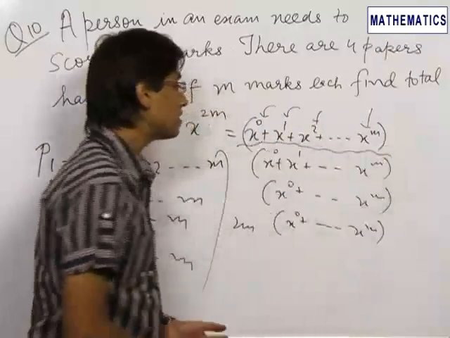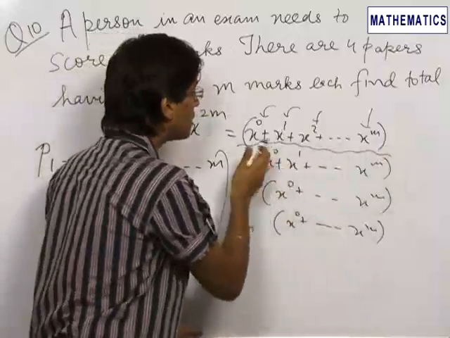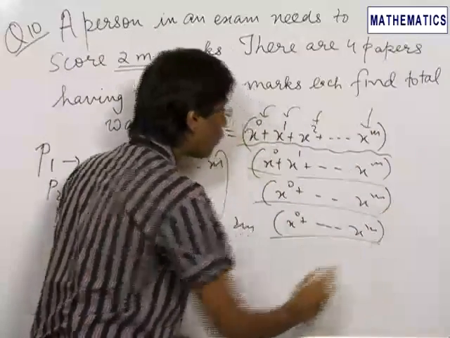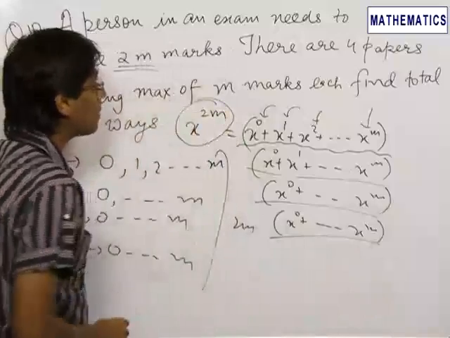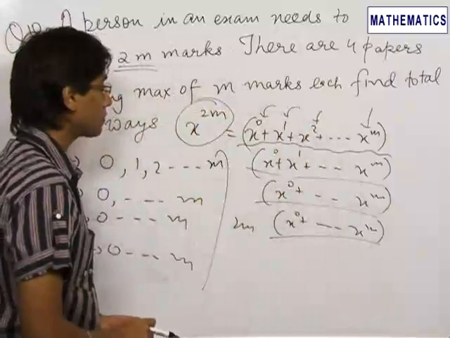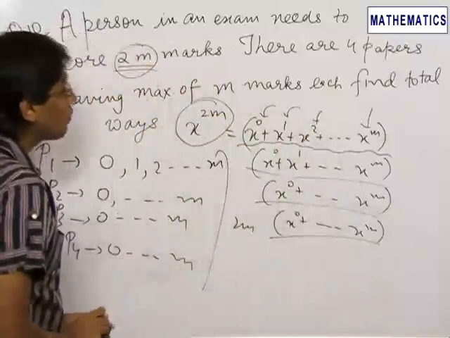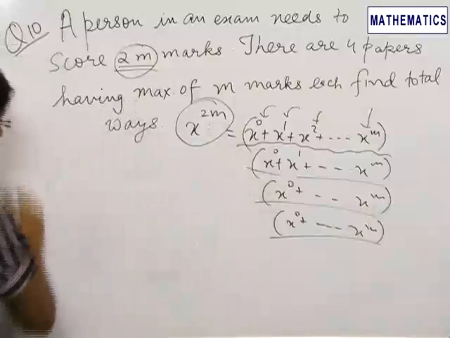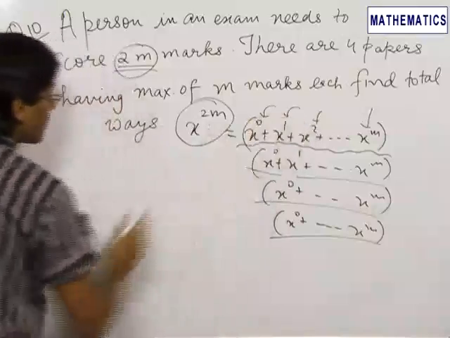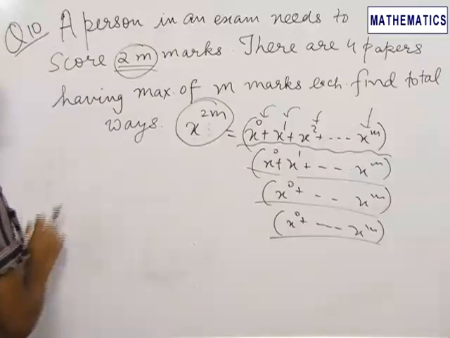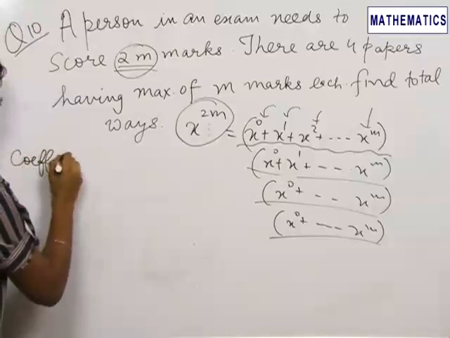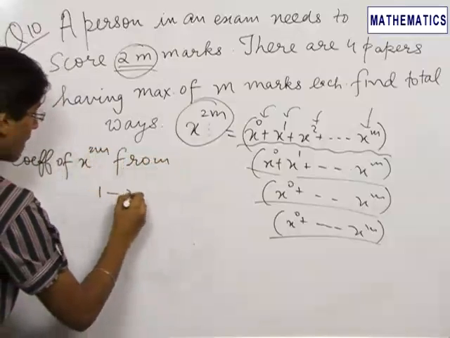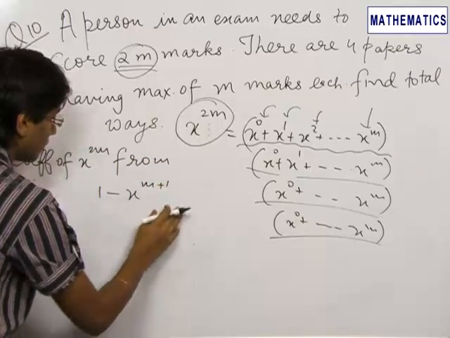There are m plus 1 cases, and hence we have written this in the form of x^0 + x^1 up till x^m, and the same thing for paper 2, paper 3 and paper 4, and we need to find the coefficient of x^2m from this entire product, because the person needs to score a total of 2m marks. Now this is a GP having the first term 1 and number of terms equal to m plus 1. So this is equal to the coefficient of x^2m from (1 minus x^(m+1))